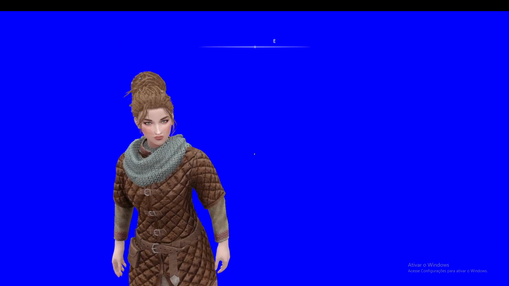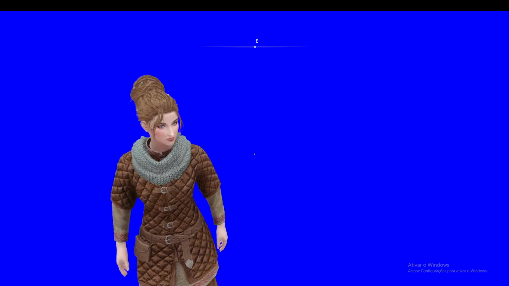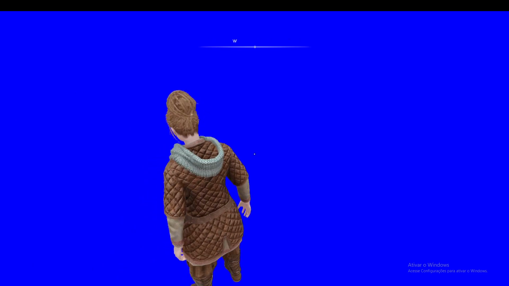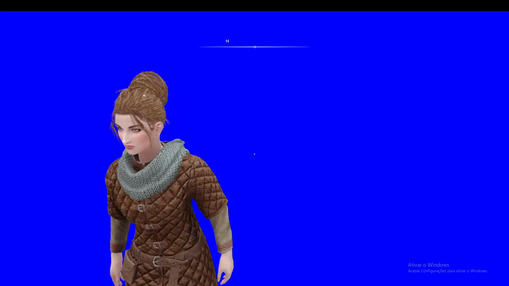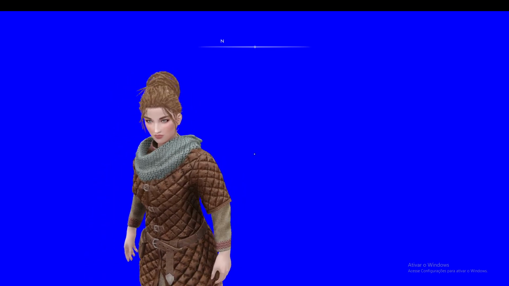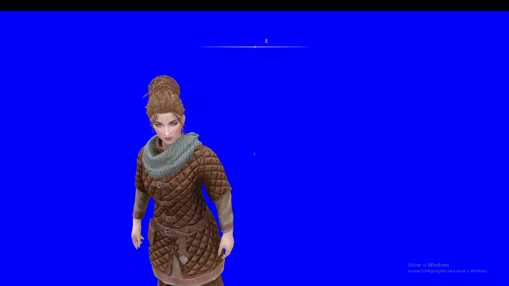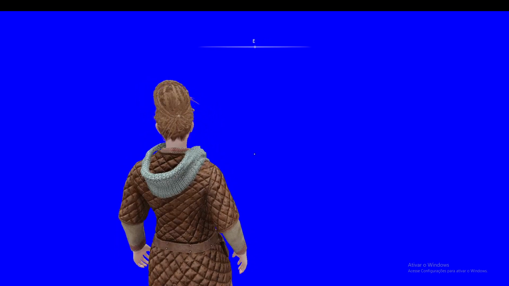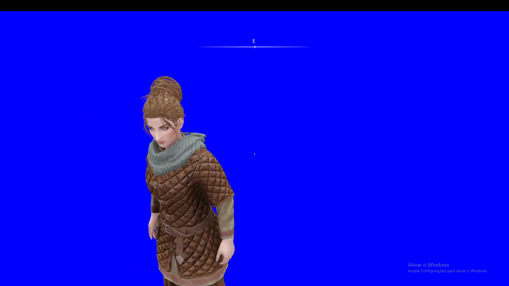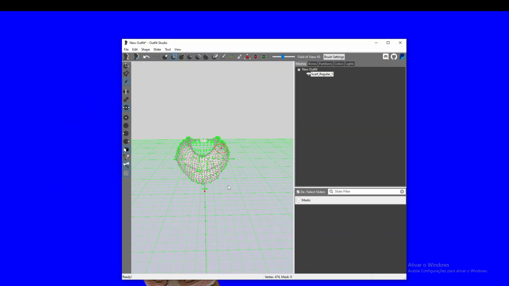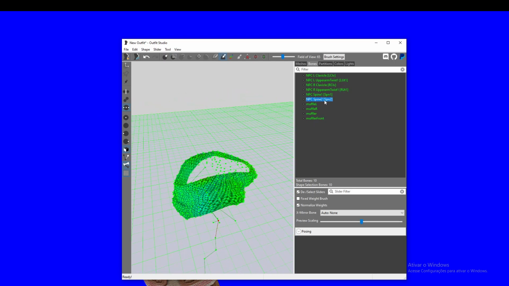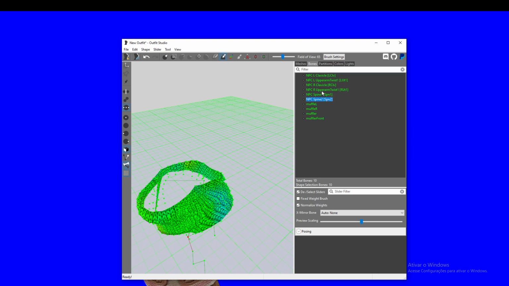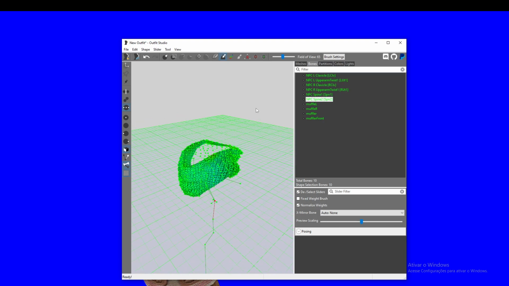Let's see. Okay, this is how the movement is. So if you don't like something, like, oh no, it's moving too much, you can weight again and give more